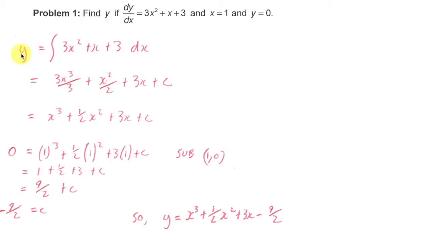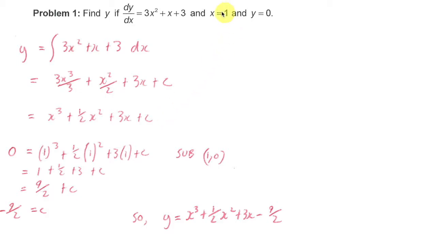So we begin: y is equal to the antiderivative, with respect to x. We start performing the antiderivative: the antiderivative of 3x squared is 3x cubed on 3. The antiderivative of x is x squared on 2. The antiderivative of 3 is 3x. And we've also got this unknown constant, c. Tidying things up, you can see that y is equal to